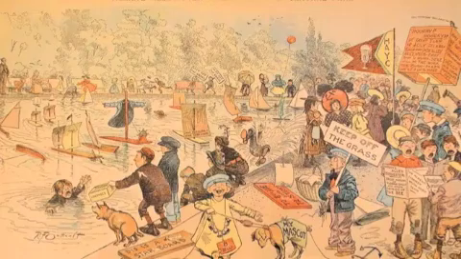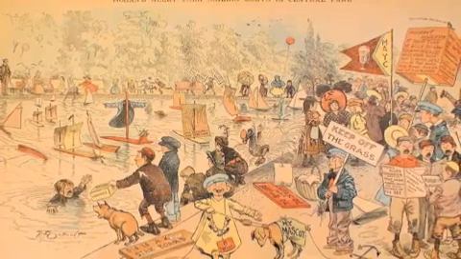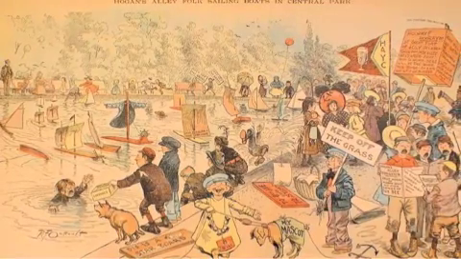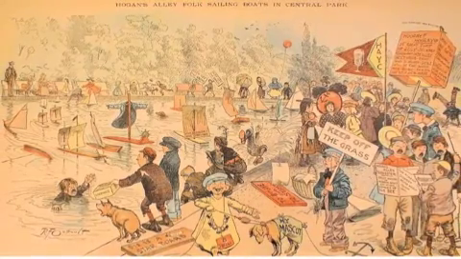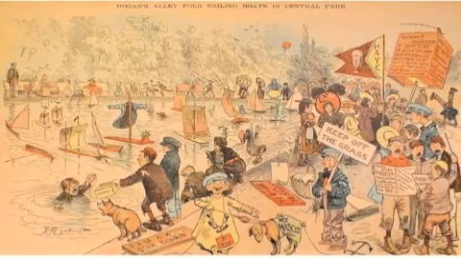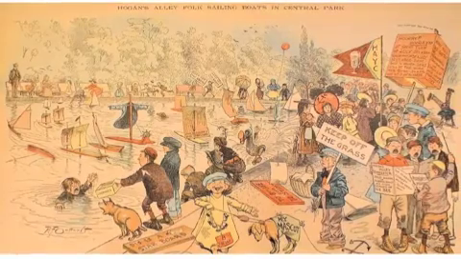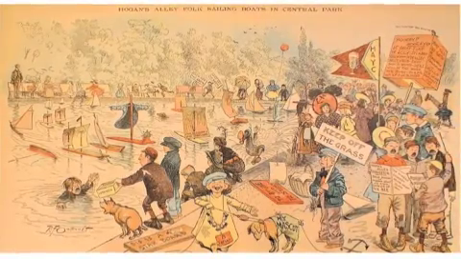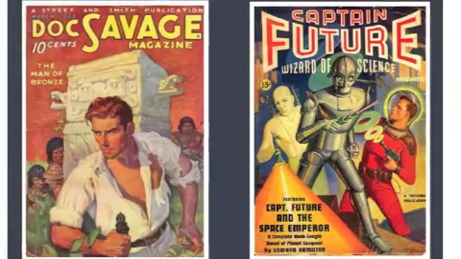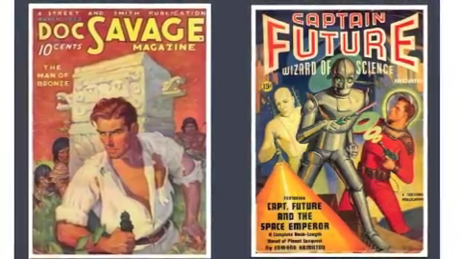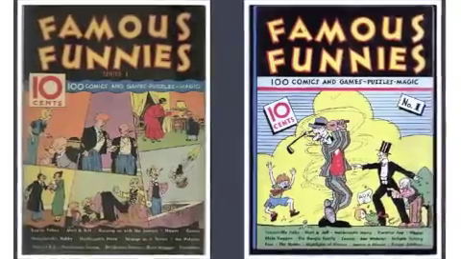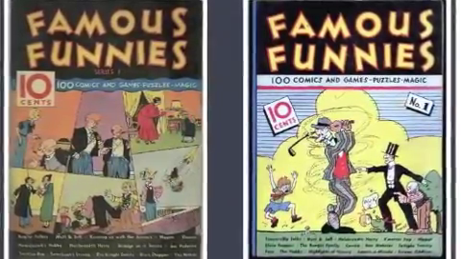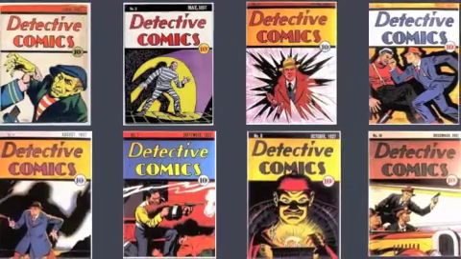The aforementioned Yellow Kid, or Hogan's Alley, it actually started without a name, depicted slum life in New York City and appeared in newspapers. When it did well, newspaper publishers all over the United States recognized the potential for comics to increase sales, and comic strips caught on around the nation. Pulp magazines became popular around the same time as newspaper comics, and eventually the two gave birth to the comic book. The Famous Funnies started up in 1929, and Detective Comics soon followed.